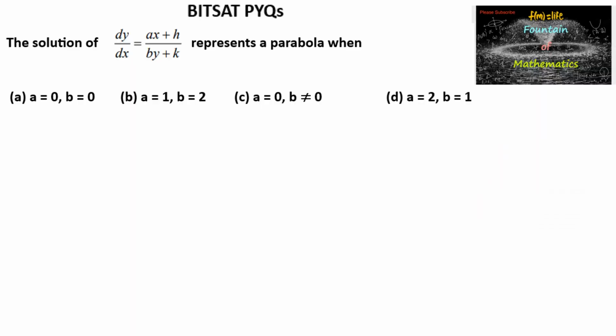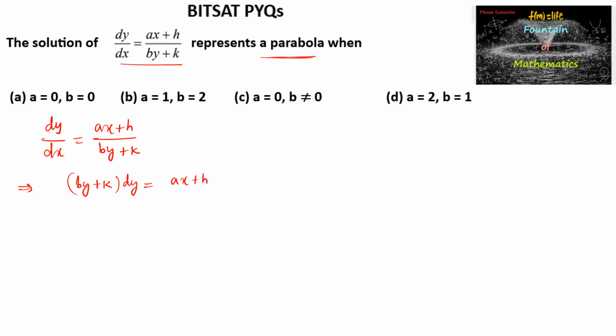Given that the solution of dy by dx is equal to (ax plus h) upon (by plus k) represents a parabola. So we need to find the conditions for a and b. So given dy by dx is equal to (ax plus h) upon (by plus k), which implies that (by plus k) dy is equal to (ax plus h) dx. So further, integrating on both the sides,